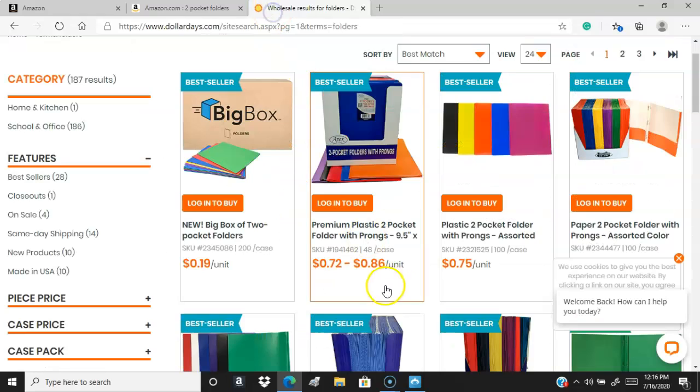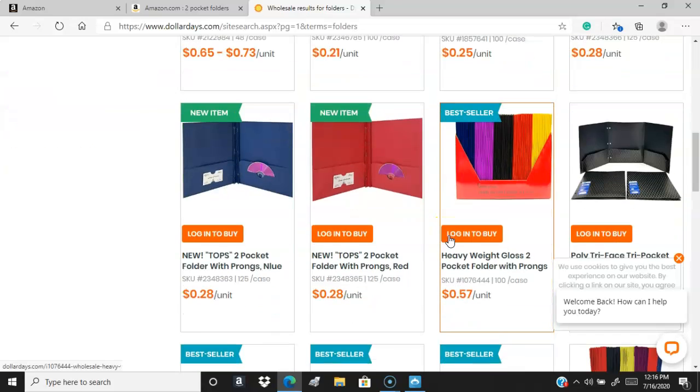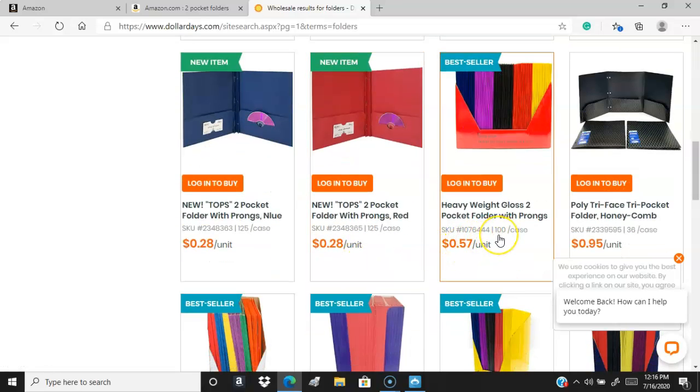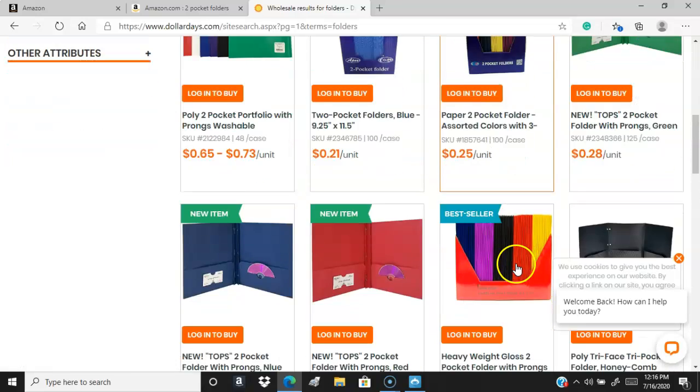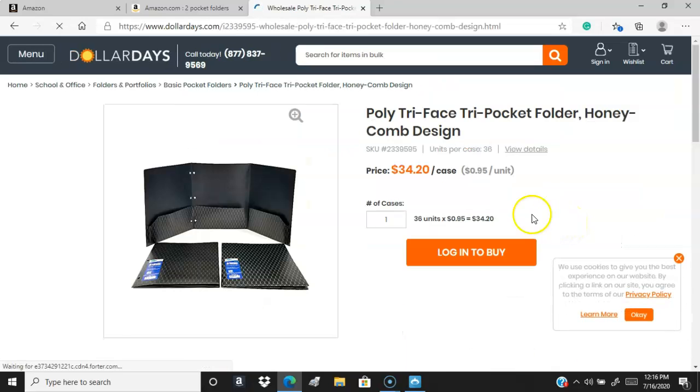Does this have a brand name? So we can actually look at 25 cents a unit. That's great. Oh wow. Okay. Let's look at these honeycomb. These tri-face honeycombed. Look at these,